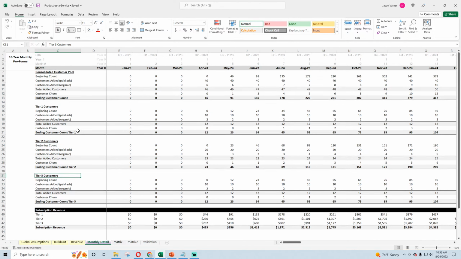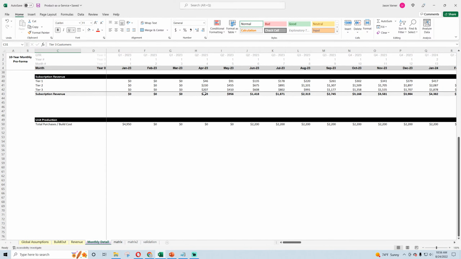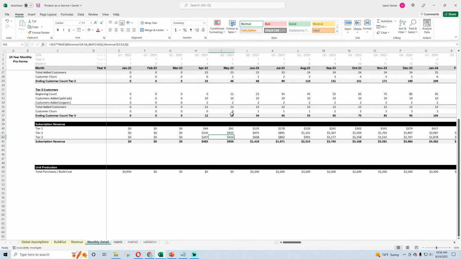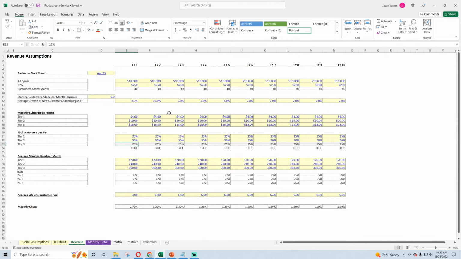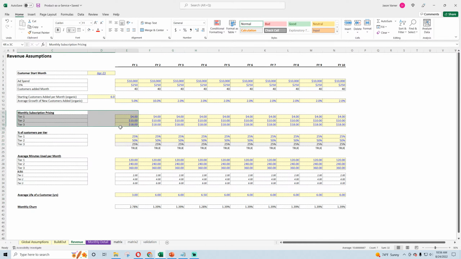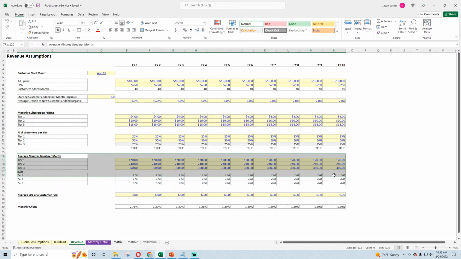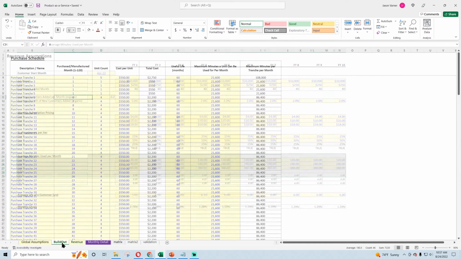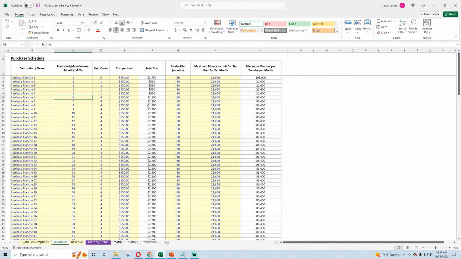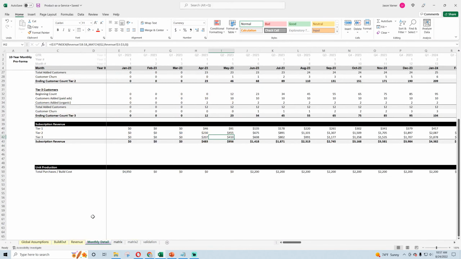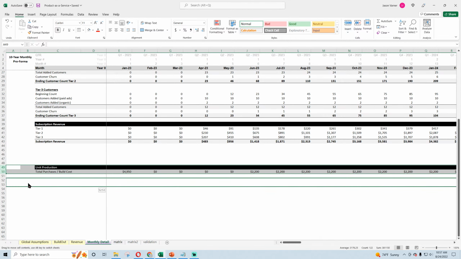So we have our subscription revenue, first big piece of data here, based on the ending customer counts of each tier. So let's see, we've accounted for this, we've accounted for this, and all of this. We have not done average minutes used per month, so that number is going to be really important because that's got to be compared against what you've built out to see if you have enough capacity to service all of the customers with the products that you have. So subscription revenue, we're getting closer to being able to do unit production now.